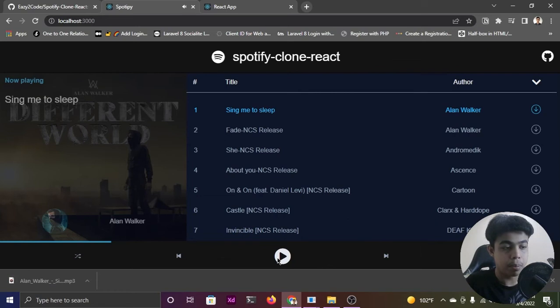on it, it's gonna pause. You can even shuffle the music, and if you want to go back, you can just go back, and to go to the next songs you can just click on this button. For example, if you want to